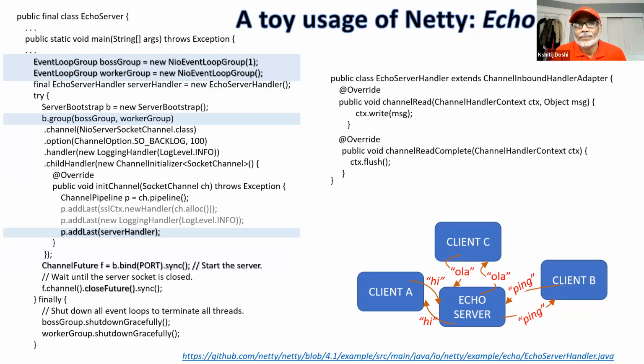So you might want to, for example, as you're creating the boss group and the worker group, specify the number of threads that you might want to field. And whatever is the server handler, right, that gets defined and simply gets added as a pipeline component to the channel initialization call. When that call is performed,